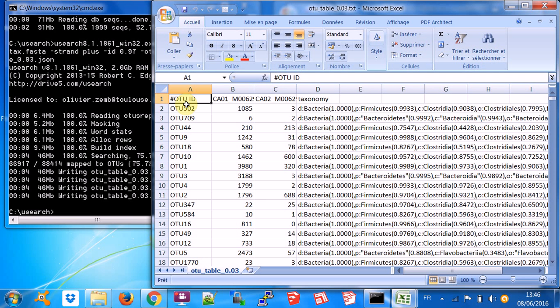So here I have the ID of the sample, and I have the names of my 2 samples, and I have the number of counts of each OTU in each sample. And because I did the taxonomic annotation first, I also have an extra column with the taxonomy and some kind of confidence of the taxonomic affiliation. Most of the time